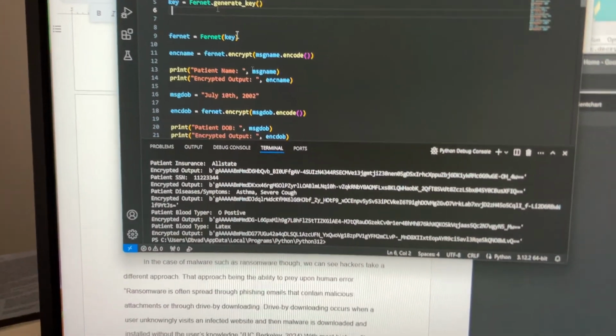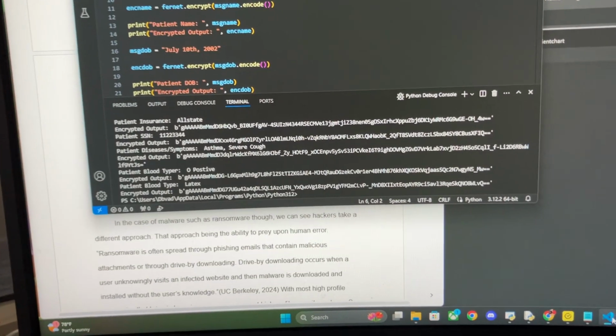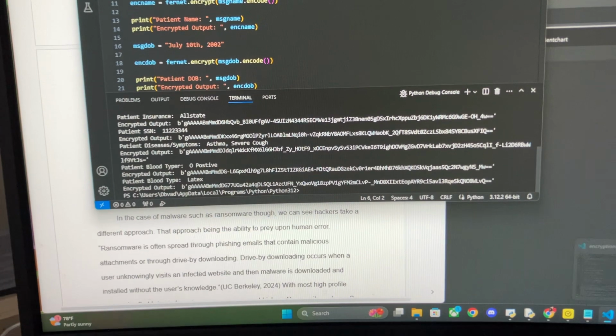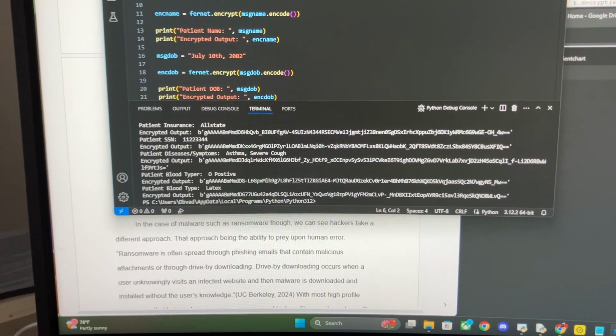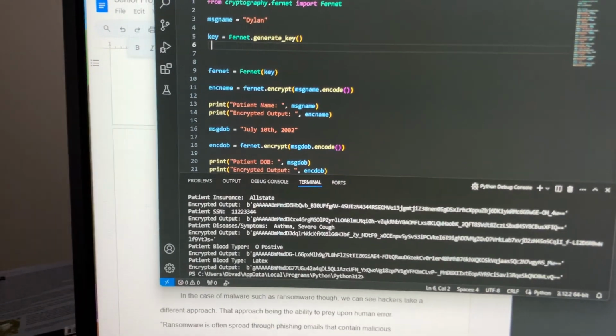This is run in an online Python environment, so it comes with all the stuff pre-built in. So basically,